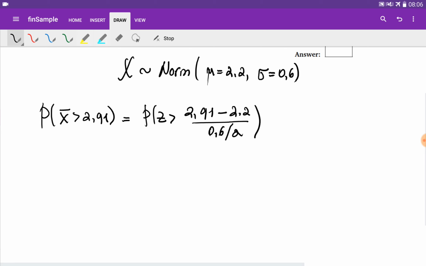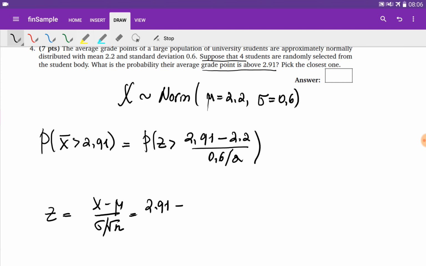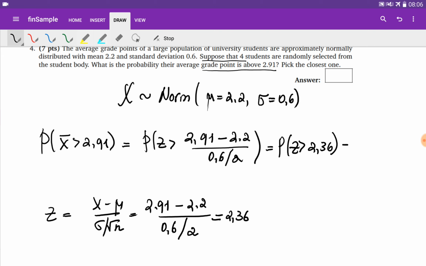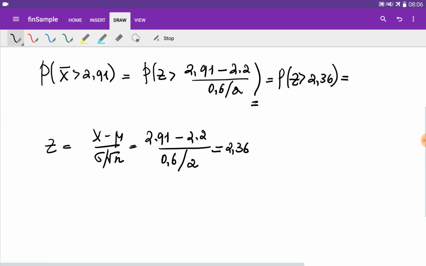So basically, when we find this Z value for this point, it's going to be X minus mu divided by the sigma divided by the square root of n according to the central limit theorem. So this is going to be 2.91, which is given, minus mu is 2.2, sigma is 0.6, n is 4, square root of n is 2. If you calculate this, it is going to be 2.36. Probability that Z is more than 2.36,